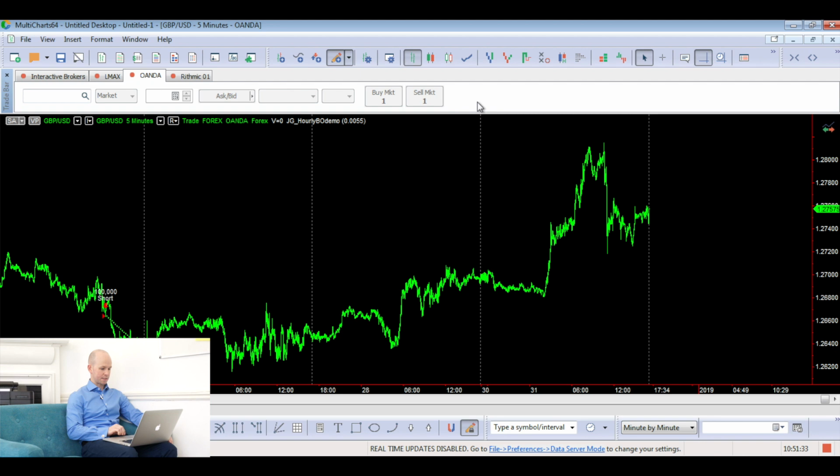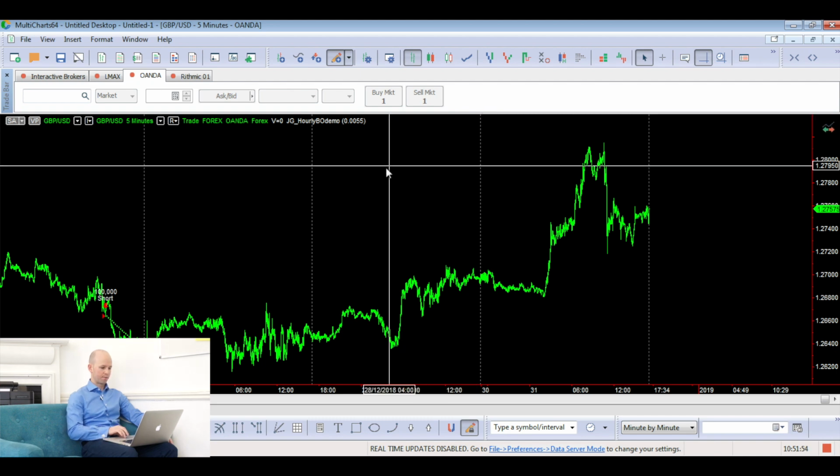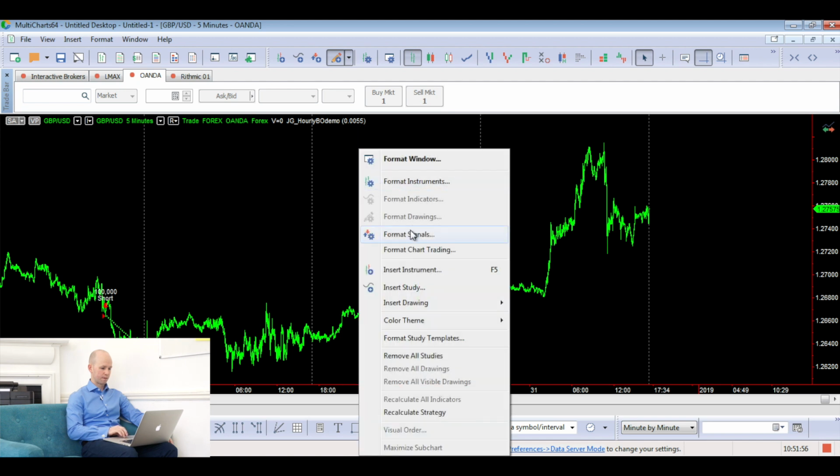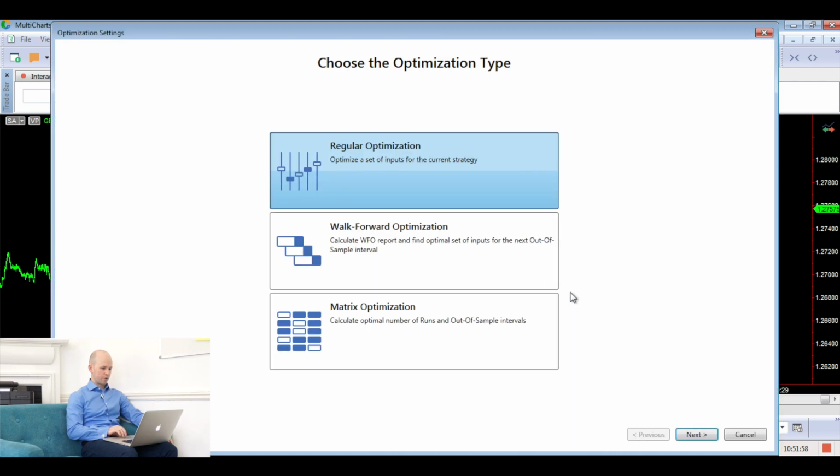Now, there's this neat little function that I've mentioned in Multicharts. It's not just Multicharts that has this. A lot of trading software provides this, and I'll show you how to use it. So I have an input, which is a value for my stop loss, and we can now optimize that to see which is the best one. So if we click on the optimize function,